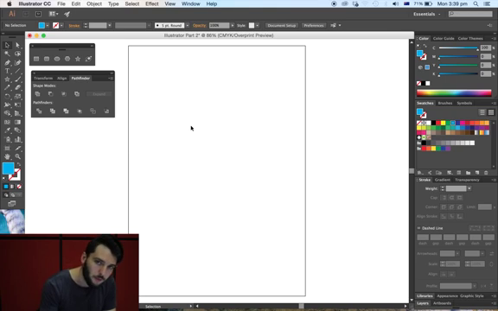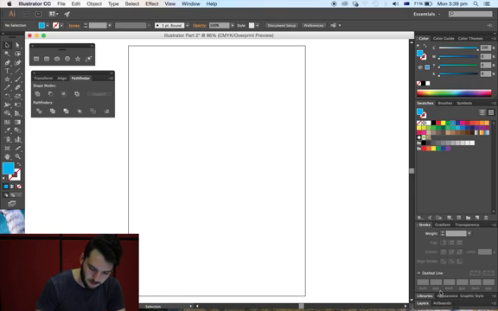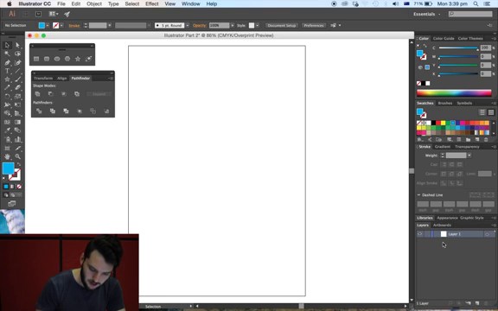So I'll show you how they work, and then I'll show you a bit of an example of how you could use them. But it's really, really important to remember, and this is why I just want to cover off very quickly about ordering, and to do that we need to see our layers palette. So let's get rid of our stroke palette for now, and let's just go to our layers. So whenever we create